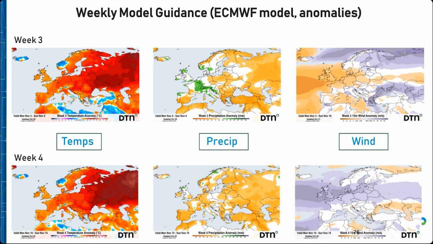Weeks 3 and 4 should see a change to milder weather as Atlantic sourced air spreads across Europe in a more positive NAO regime with generally west to southwest flows across Northern Europe. Parts of Northwest, West and Central Europe will become wetter though in week 3 as Atlantic frontal systems swing through with winds above normal. Then far northwestern and northern Europe could be wetter in week 4.